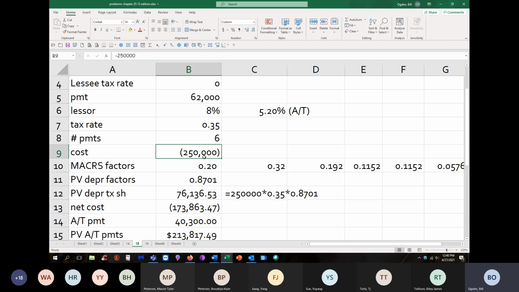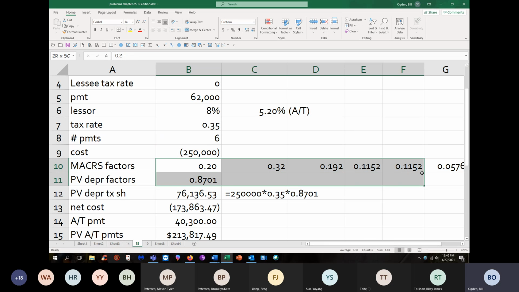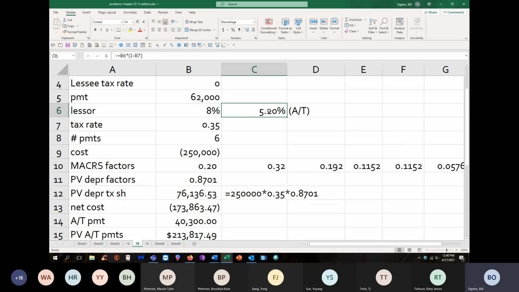Right? So in this case, we have again the 5-year class, forgive me, with 6 factors. And we discount these at 5.2%, or 8% times 1 minus 0.35. We'll get 0.8701. I will convert that to a present value of the interest tax yield. So I'll multiply that number times 35% times 250,000. I get 76,136, leaving CompuLease with a net cost of